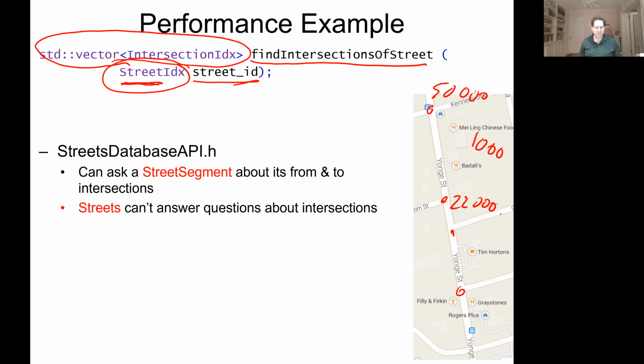So I want all those in a vector. Okay, so first thing you want to do is you go, okay, well I'm going to query the lower level APIs that I've been given. So the streets database API, it has a header file. One of the most important header files has this name. And if you look in that header file and you read the Milestone 1 handout, you're going to see that